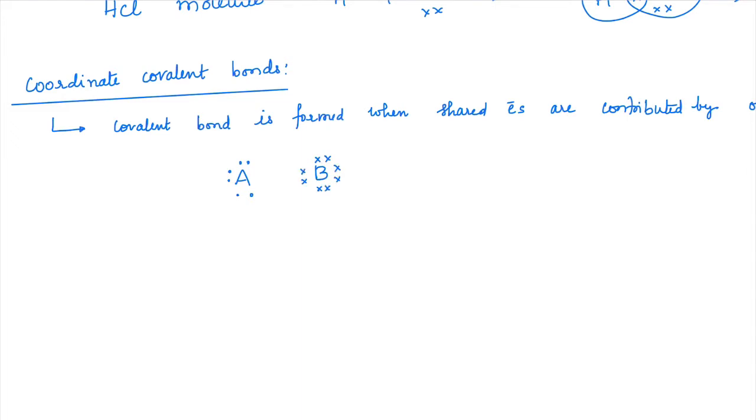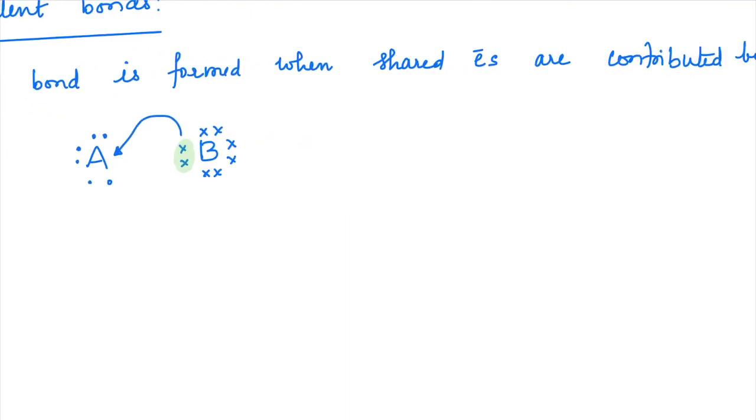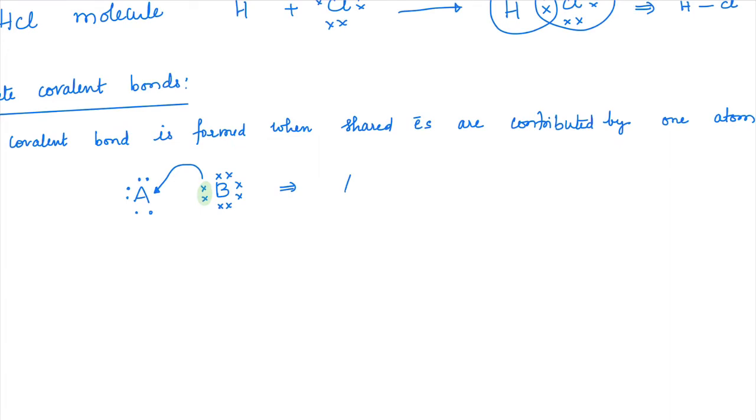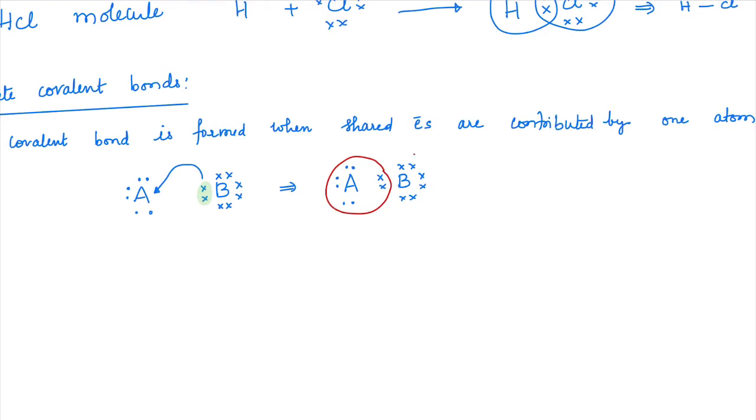Now to make sure both of them are attaining octet configuration, it is more feasible, more appropriate for this B to donate or rather share these electrons with A, so that A can be satisfied, at the same time B can also be satisfied in its octet. So that means this would be more valid when between A and B, electrons are being shared. Okay. Then you can see that now A is fulfilling its octet, so this also has an 8 electron system. Okay. At the same time, B also has an 8 electron system. So this way both of them are fulfilling their octet configuration.